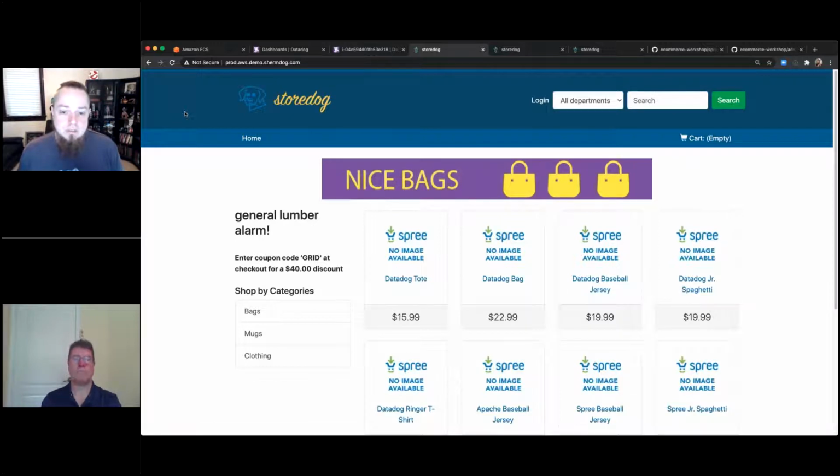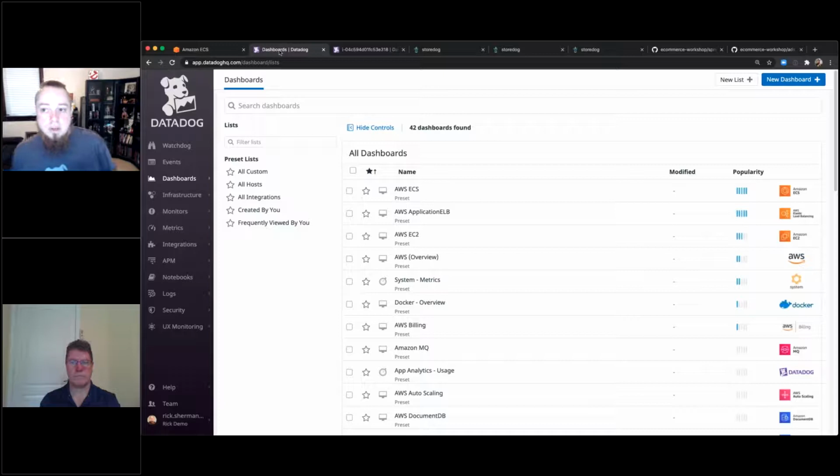The operations team is going through and looking at the system level metrics that we're now getting from integrations, and they're not seeing anything obvious. So the compute nodes, the network latency, everything is appropriate from an infrastructure standpoint. So now the task is to try to figure out what went wrong or what might be going wrong in the application itself. And so the ops team works with the development team to get application performance monitoring enabled for